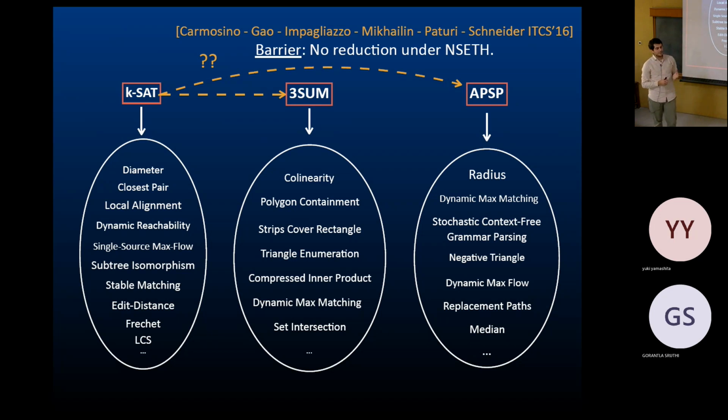It seems impossible. So there's this paper by a group from UC San Diego. They show that if you assume NSETH, which is a non-deterministic variant of strong ETH, then there's no reduction. And so let me explain why and what this means. So this barrier is based on a gap in the non-deterministic complexity of problems. So think about SAT and try to think of a non-deterministic algorithm. So imagine like a prover-verifier game. Let's say you're a verifier, you want to run faster than 2 to the n time. There's a prover who wants to convince you that the formula is satisfiable or not satisfiable.